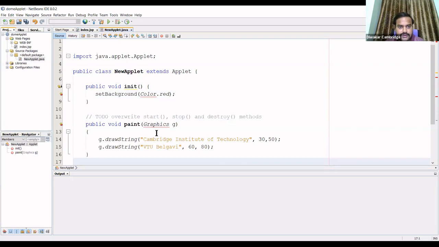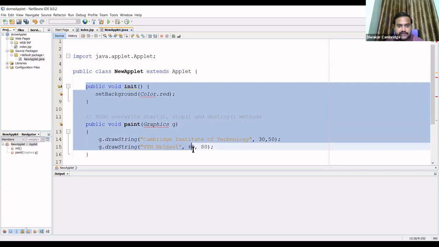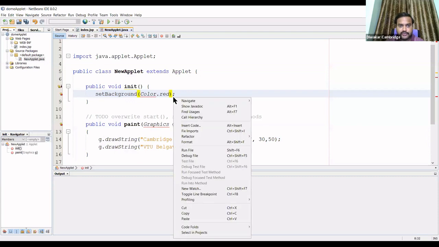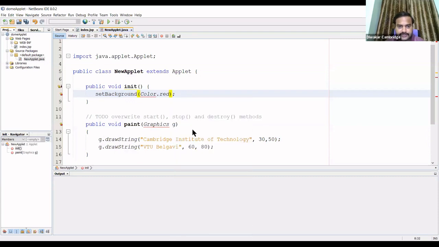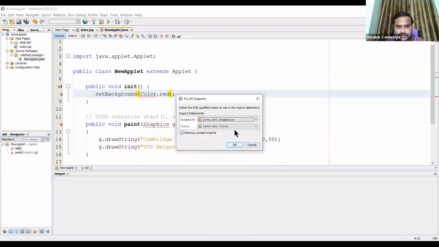Now, actually what happens, these two methods are there within an applet. Now I'll fix the imports here. So Graphics and Color are there within the java.awt package, so you have to import this package.